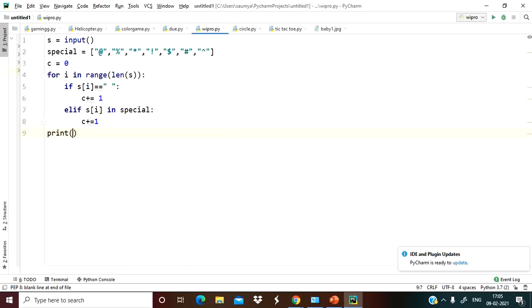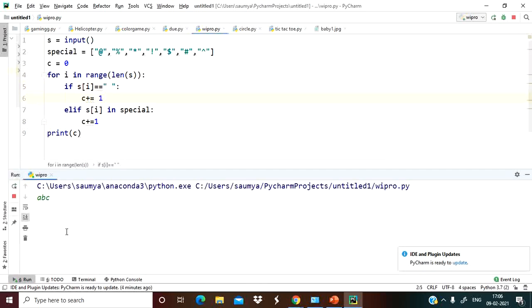So now just print the value of c. So let's run our code. So here we have, suppose ABC, then a white space, ampersand, then gh. So we are getting 2 because of this white space and this modulus operator. Okay, so that's why the count is 2, right?